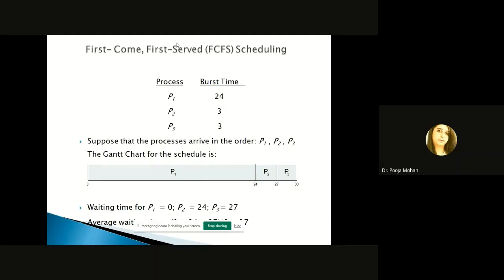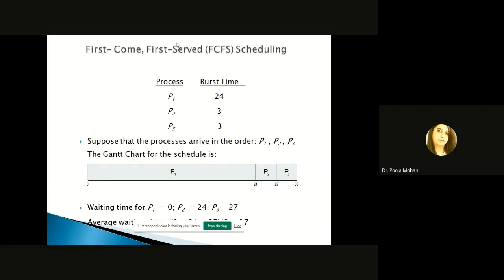It means once the CPU is allocated to one process, that process keeps the CPU until it releases it, either by terminating or by requesting IO. For example, two situations arise: when a process has completed its execution, the CPU can switch to another process, or when a process requests input output devices, in that case also the CPU will switch to some other process, right?